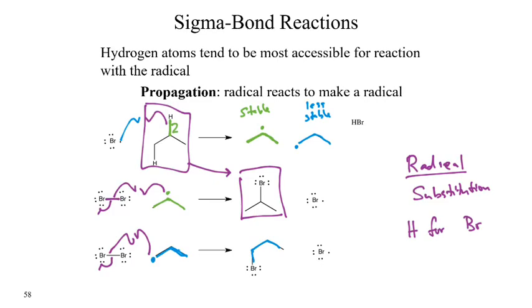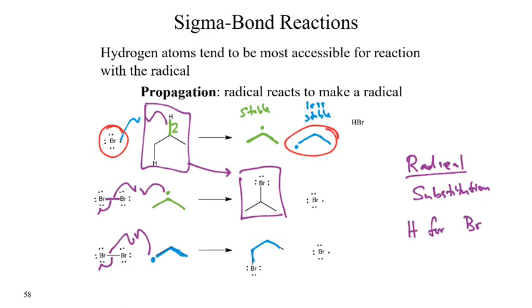Okay, so cool. That's our propagation reaction. We started with a radical, and we end with a radical. Each of our propagations is doing the same thing. In the course of this particular reaction, if we added bromine to the alkane, we would form the radical on our bromine, we would propagate to form the radical on our carbon, we would then propagate again to put the bromine on, do the bromine substitution, which then still gives us a radical,